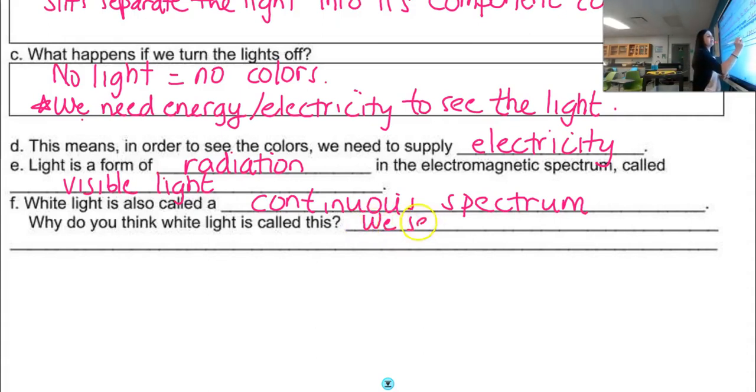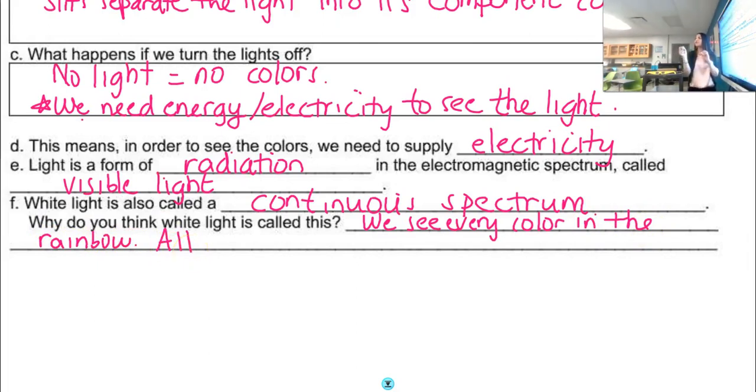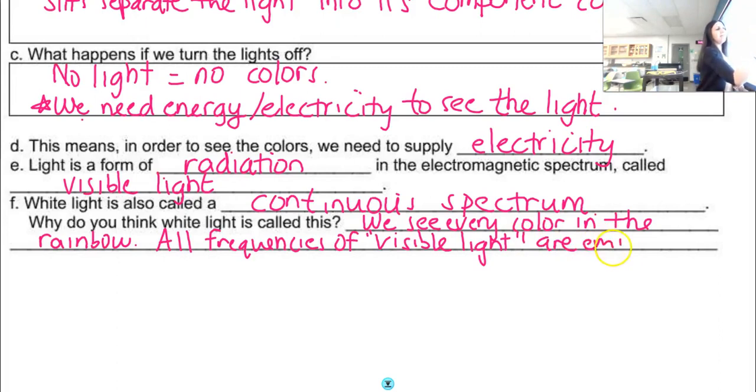We see every color in the rainbow, meaning all frequencies of light are actually emitted. All frequencies of visible light are emitted. And that's kind of an important thing because right now what we're going to do is